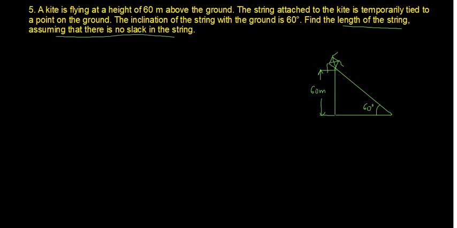Slack in the sense, if we are flying a kite, there will be a zigzagness in the string. So we have to neglect this zigzagness and we have to consider it as a straight line or straight string. So just like what we have defined in the figure. So we need to name it as, I'll just rub this for understanding purpose.